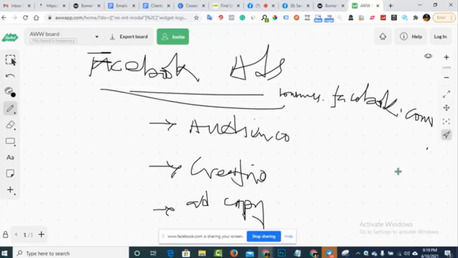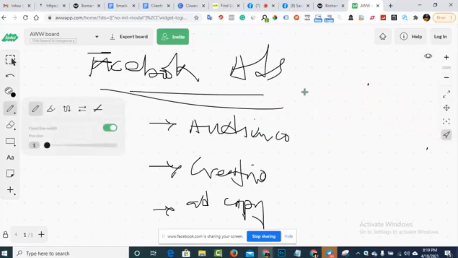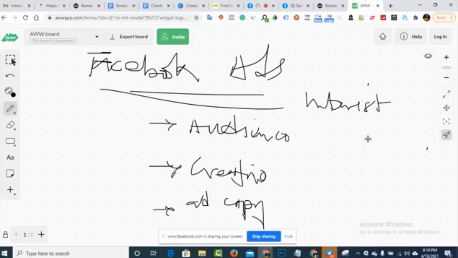So the first thing that I want us to talk about is the audience. Now, Facebook has grouped their audiences into three. So we have the interest-based audience. Secondly, we have the custom-based audience.